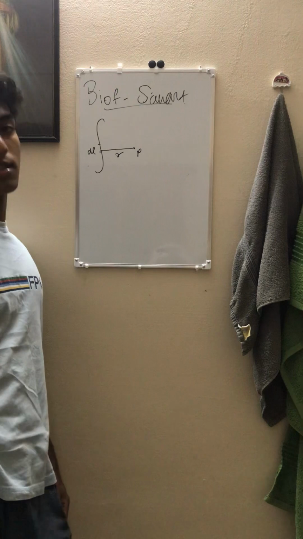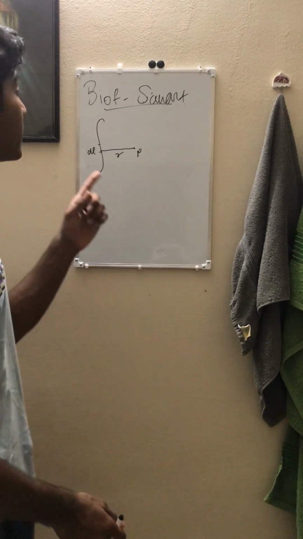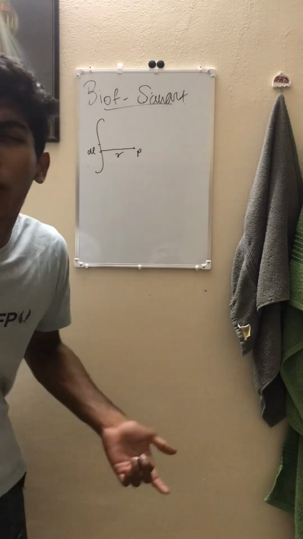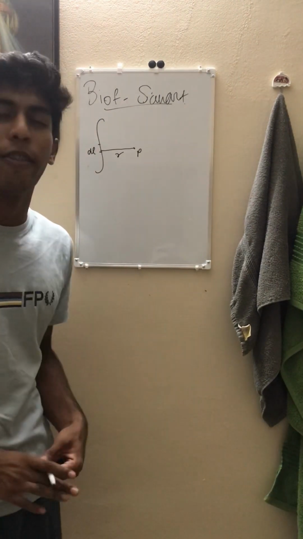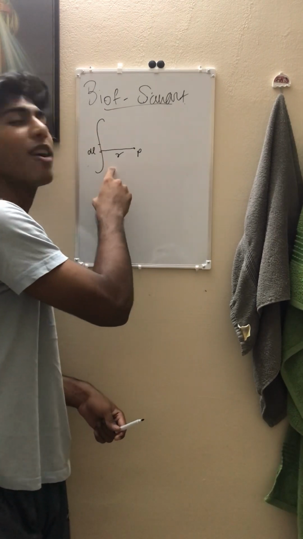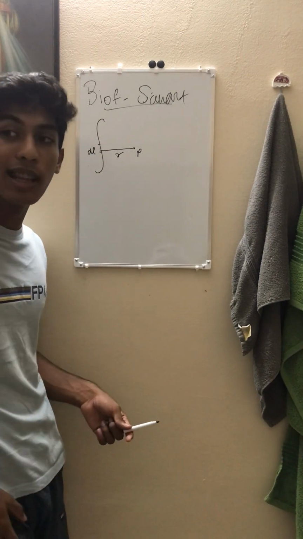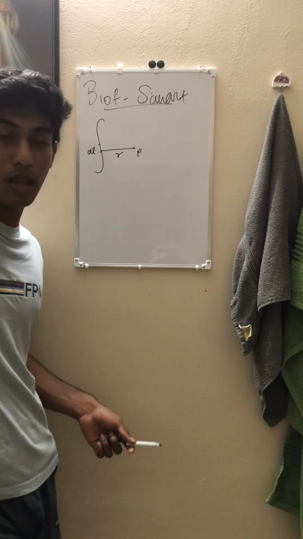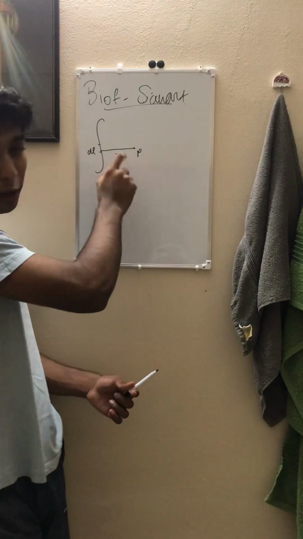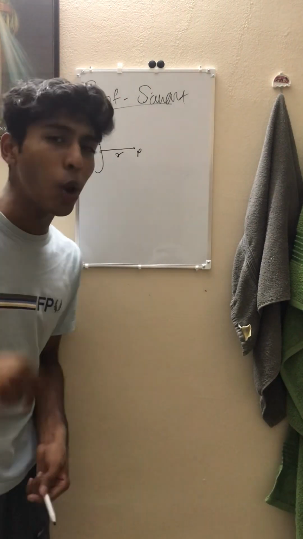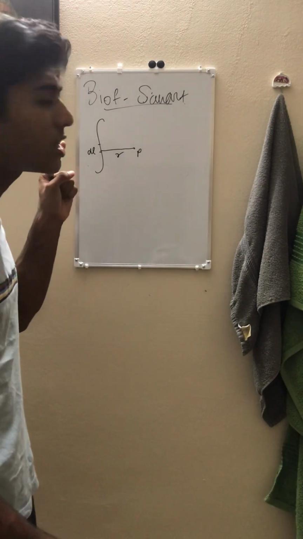So according to Biot-Savart's law, it states that the magnetic field produced by whom, man? We're dealing with the chapter on current carrying elements. I said it before, magnet and current carrying element. We're dealing with the current carrying element and the magnetic field produced by this current carrying element. How is the magnetic field produced? Because the current in it is moving. How is the current in it moving? Because of the flow of electrons, because of the flow of charges. That is why we say those charges are in motion. And because the charge is in motion, it produces a magnetic field at the point P. And I want to find the magnetic field at point P. So what do I use? Biot-Savart's law. And what does Biot-Savart's law say? The magnetic field produced